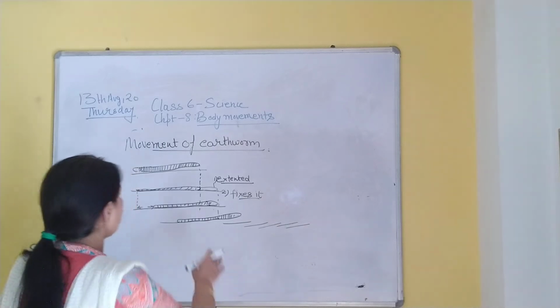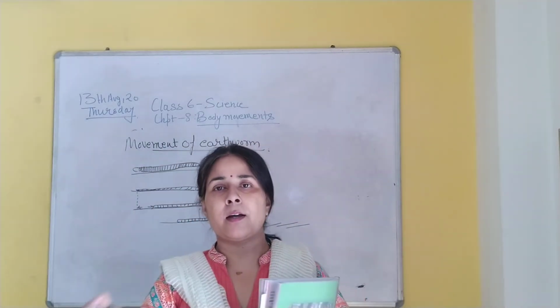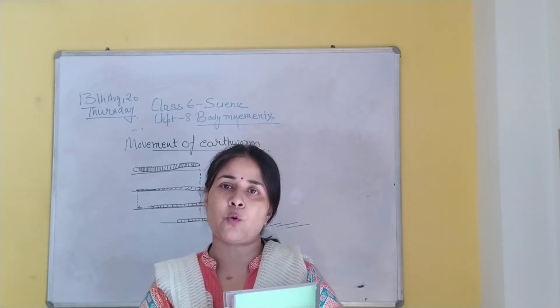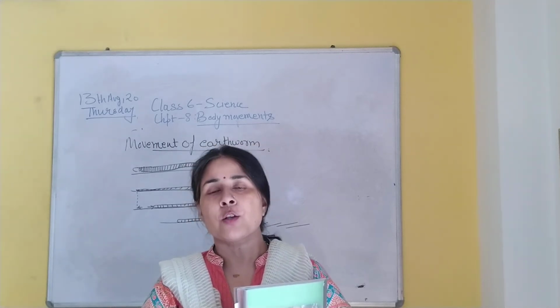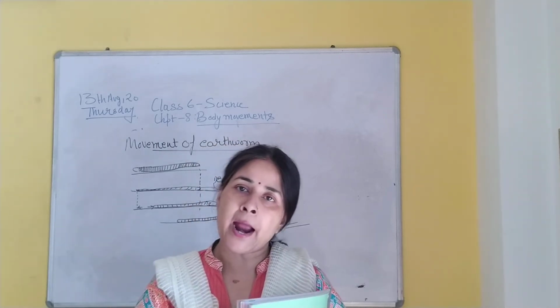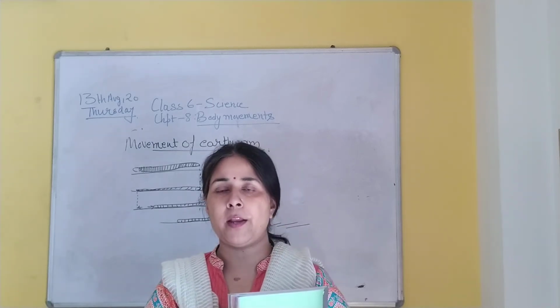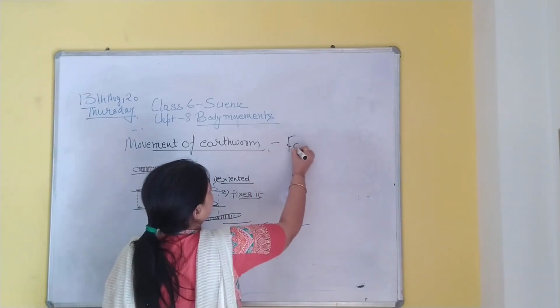Now during this movement, the earthworm, which keeps on eating small insects and is found in fields, releases undigested waste also, which is organically very rich. So in this way, it keeps on adding a type of manure to the soil, and that is why the earthworm is also known as the farmer's friend.